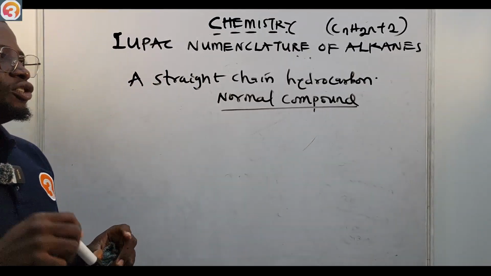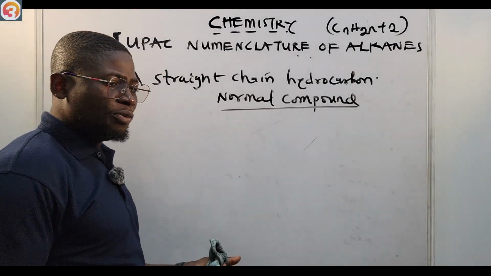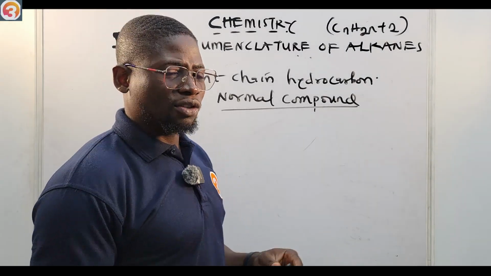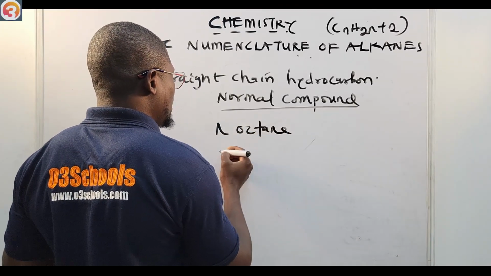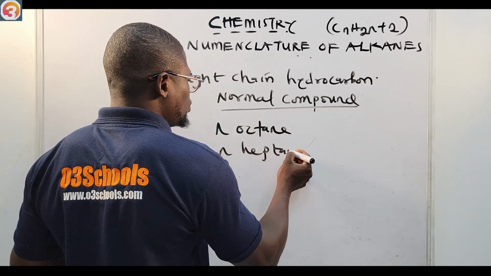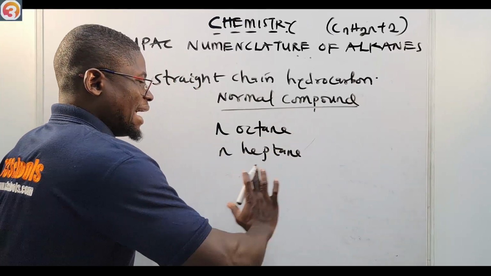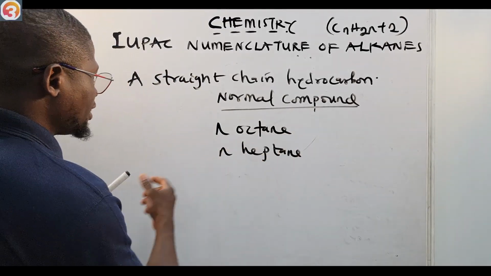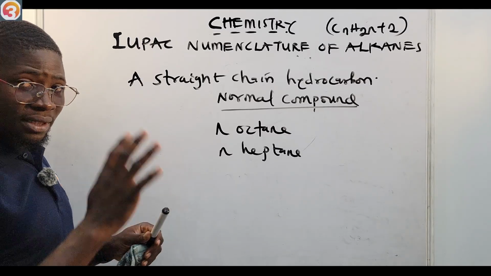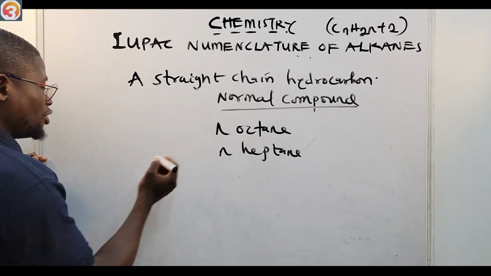Octane has how many carbon atoms? 8 carbon atoms. So a normal octane will be: